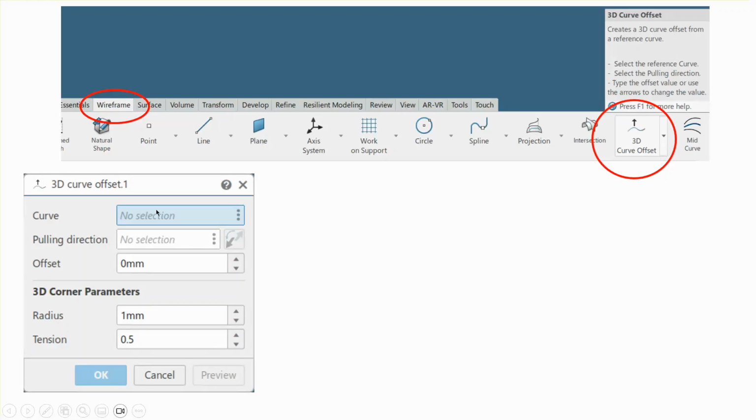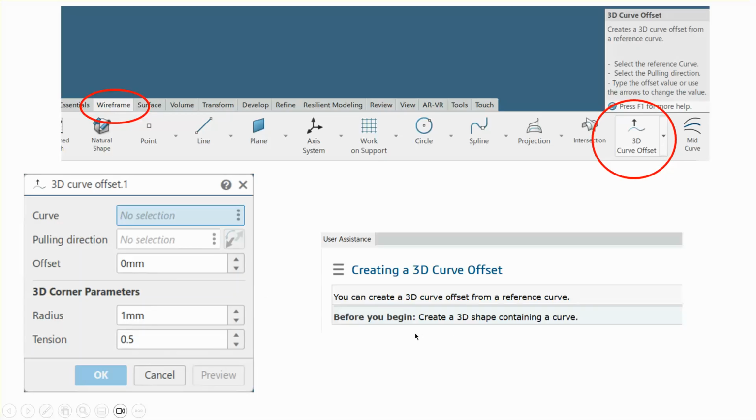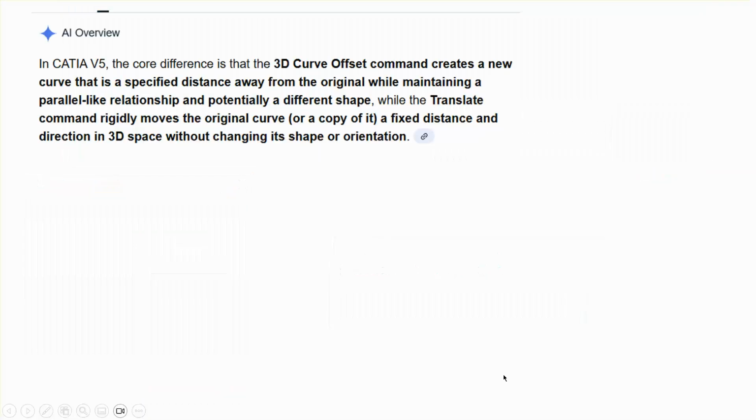Now the dialog box that results is over there, and this is a summary or brief statement on what this thing is. It says you can create a 3D curve offset from a reference curve. Not very informative. Now, when you check on Google, it says, well, although you may get the impression that